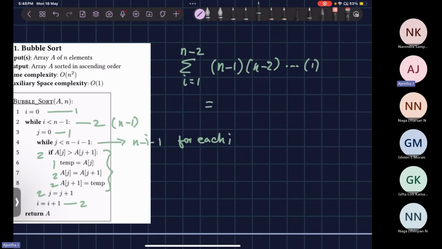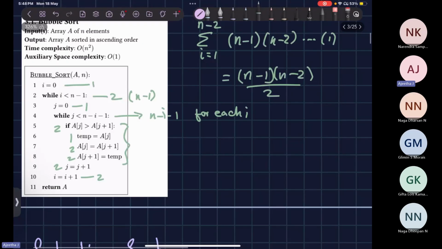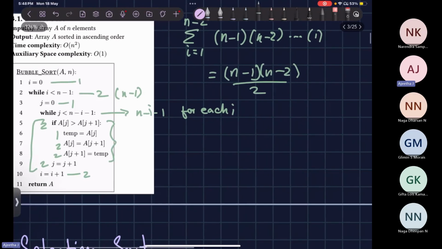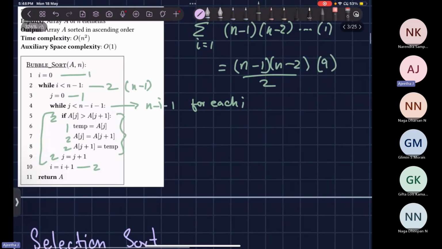That's the sum of the first n minus 1 natural numbers, n minus 1 times n minus 2 by 2. And this is the number of times all of this should happen, right? So we'll take 9 operations into that for all this internal stuff,